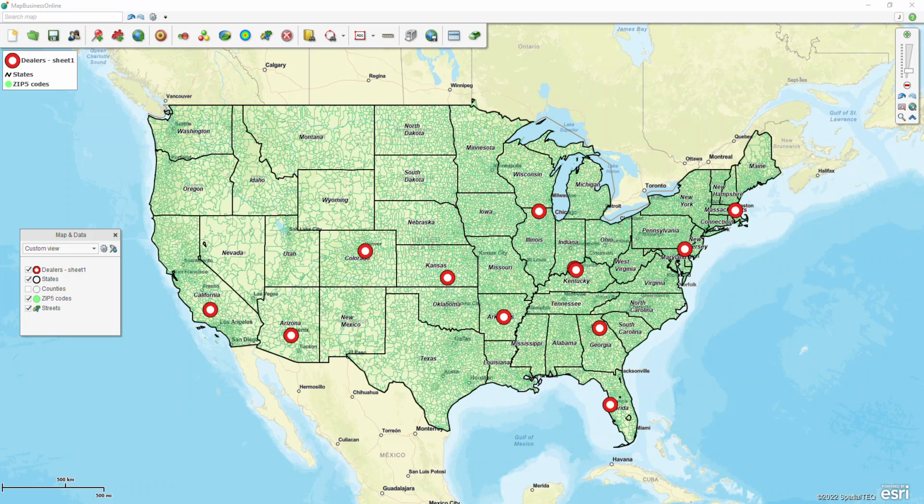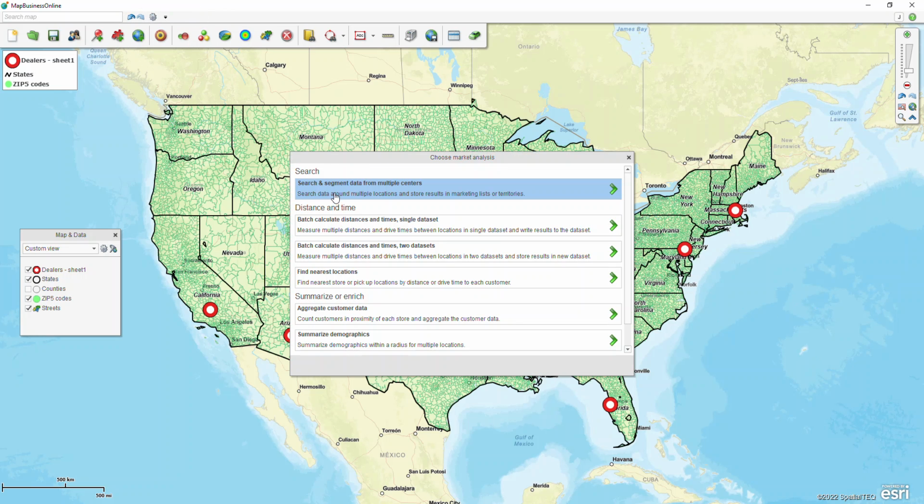This video will go over how to create multiple territories, which is a collection of zip codes based on a circle radius around different points on the map. So with this, we're going to be showing off the capability of our standard program, and the tool is in market analysis. So we're going to click on that, and then we're going to click on search and segment data